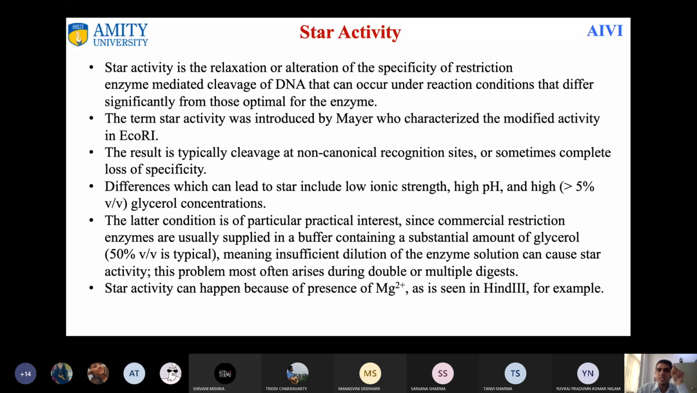If any condition changes, then we may say that star activity may be there. Star means another location than your enzyme's specific location. Star activity is the relaxation or alteration of the specificity of a restriction enzyme, mediated by the cleavage of DNA. That can occur under reaction conditions that differ significantly from the optimal conditions. As you mentioned, it requires magnesium chloride, it requires a pH. So if you change the pH or if you change the buffer condition,